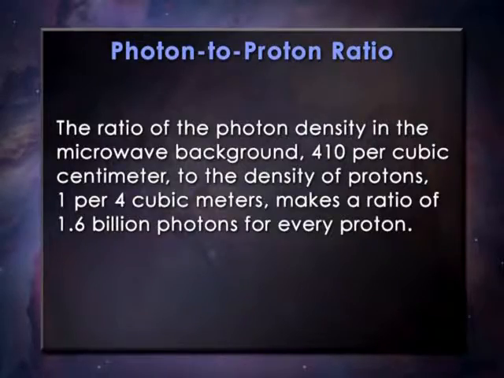It's a huge number. Now, it turns out that that number doesn't change much as the universe expands. So the photon to proton ratio is approximately fixed, and it's an important parameter for our universe, and it was set somehow in the first second of the Big Bang. Now, in Lecture 29, we'll explore why this number is so big. But for now, let's just register the fact that photons are enormously numerous, more numerous than protons or electrons, by about a factor of 1 billion.